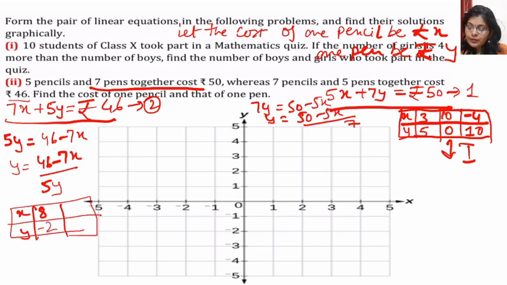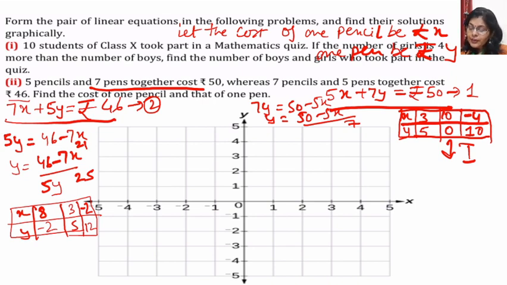Then we will put x is equal to 3. 7 times 3 is 21. 46 minus 21 is 25, and 25 upon 5 is 5. So by putting x equal to 3, we get y equal to 5. Now we will keep x equal to minus 2. Then for minus 14 you will get the value as 12. Now we will see what type of graph it will become. We'll just plot and see.